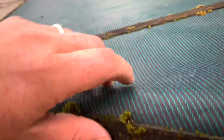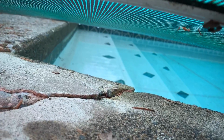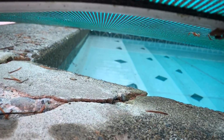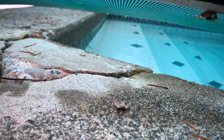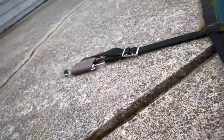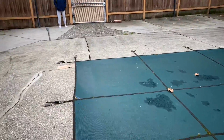And I looked underneath the cover here. If you can kind of see, it's got the pool and then the concrete, which is kind of sitting right on top of it. And that right there is only about 3 inches, which is about the same as what you see here on the outside. So I think that this panel would be able to lift up right off of that